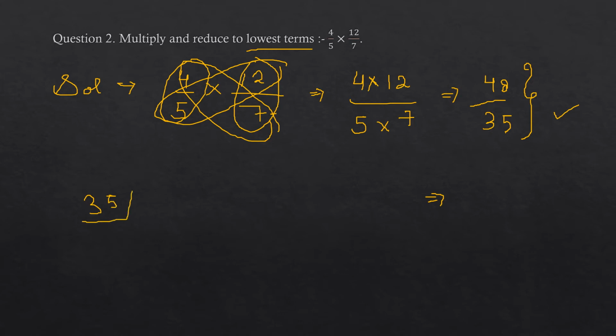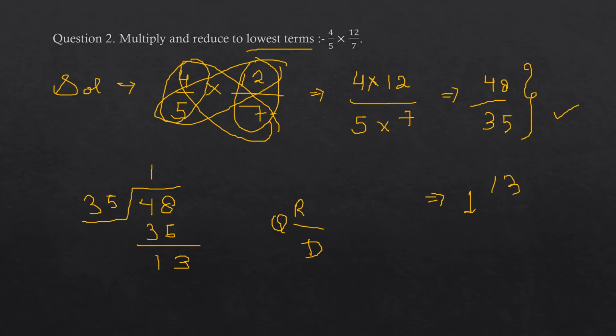We will just divide 48 by 35. Okay, so we have to use 35 here only, so 35, and we will get 1. Hence, you know the representation of a mixed fraction: quotient, remainder by denominator, or you can say divisor. Okay, quotient is 1 here, remainder is 13, and the denominator you are having is 35. So 1 whole 13 by 35. This is how we can reduce any fraction. Okay, so let's proceed. This question is done and this is the answer for this question.